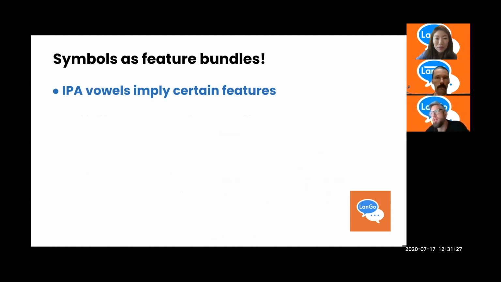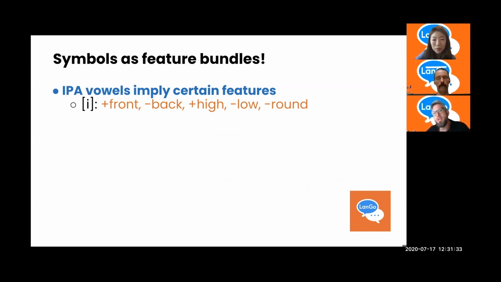So it's really useful for linguists to use binary features, again, because if I send you a series of symbols, perhaps I am working with a community of a language which has not been attested, say, on the internet yet. And you want to know about the sounds and I can't send you a recording. One of the things I might do is describe the sound system, and I'll define each vowel in binary features exactly as I have here. So when we look at E, spelled I in English, we can list the features as plus front, minus back, plus high, minus low, and minus round, right?